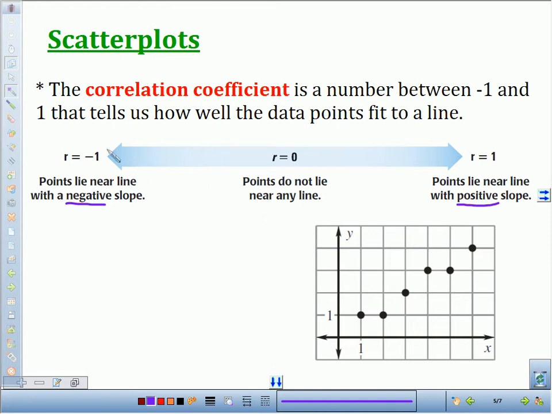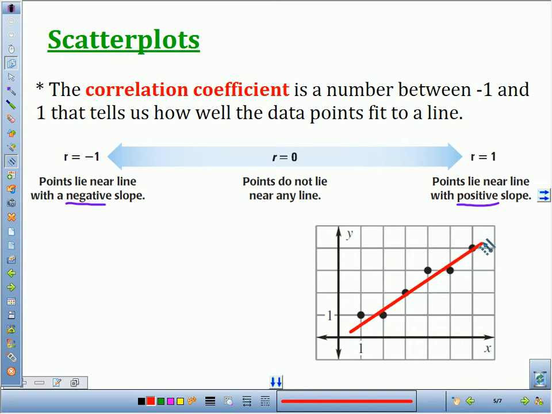So what happens is, if we start at 0, as we move closer to 1, the points would be getting more and more like they were in a straight line. As they move closer to -1, more and more again, like they're in a straight line, but pointing downwards instead of upwards. Our graph here, we can see,